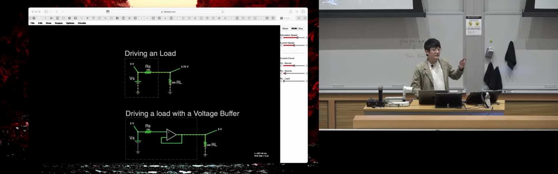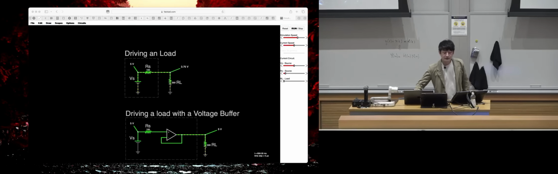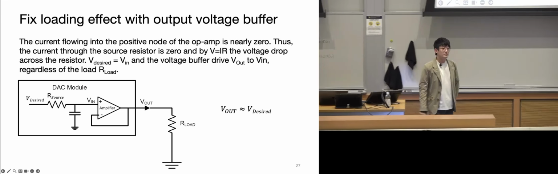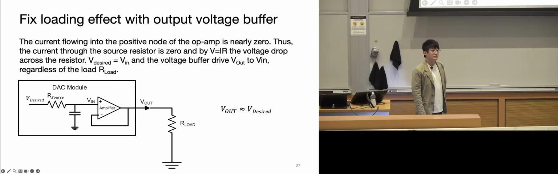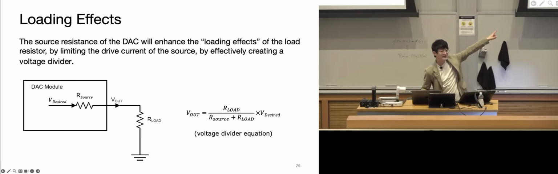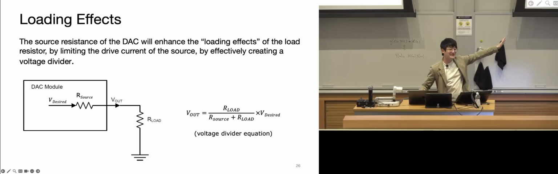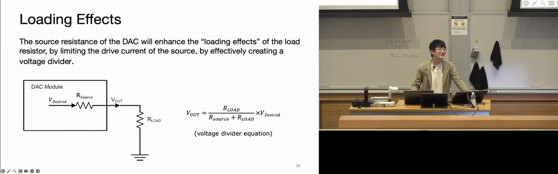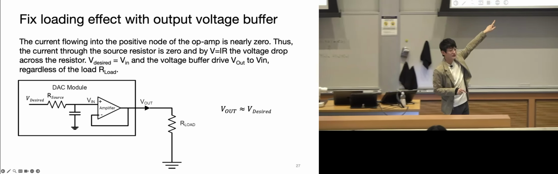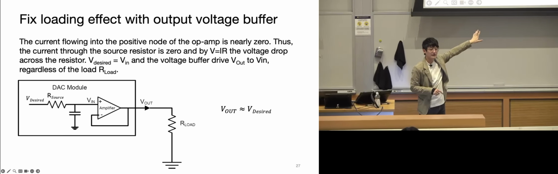Any questions regarding the loading effect and how we, yeah? Why does the configuration even allow a buffered and an unbuffered mode when it seems like the buffered mode offers no downsides? Why not just always use it? You mean the first, like why would we even have this? Yeah, exactly. Yeah, we don't. This is just a naive approach. From what I remember from configuring the actual DAC in the STM32 Alpha as an unbuffered mode, if I remember correctly, this op amp is already integrated inside of the DAC channels on the STM32.